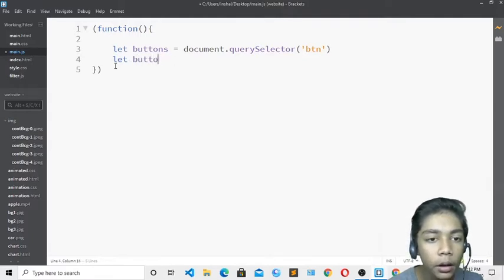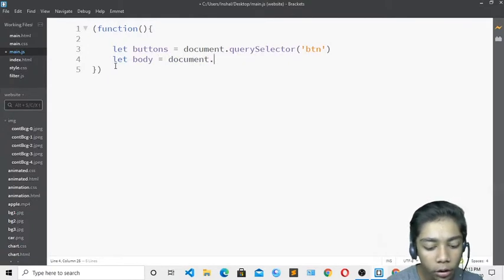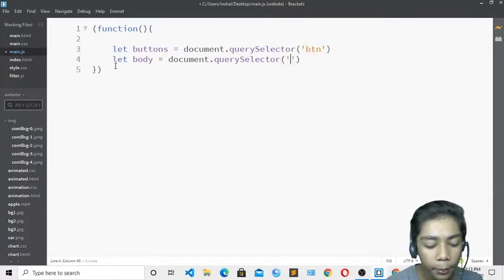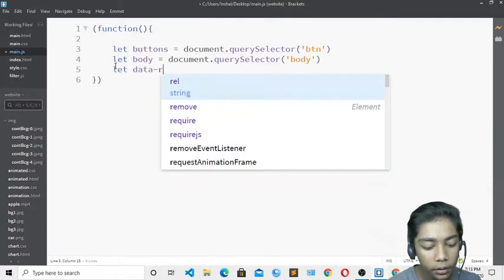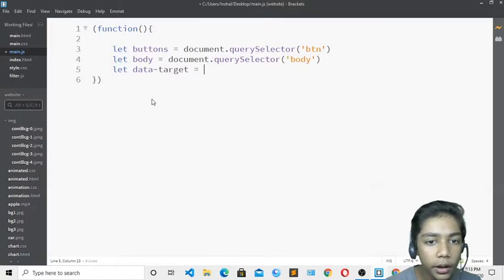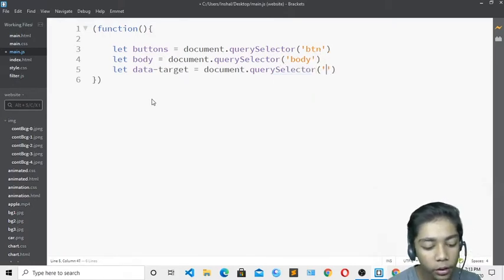Then now in the second one I will define, just come over here. Okay, so now when you have done that, just write over here data target, which we have defined. Okay, so first of all write body, then underneath that we will define that. So I will write document dot query selector. Okay, so write query selector, then write body in the brackets, then write over here let data target. Okay, so write data target and equal to. Here you have to write document dot query selector and here you have to write data target. Okay, so write over here data target. Okay, so now here it is done.